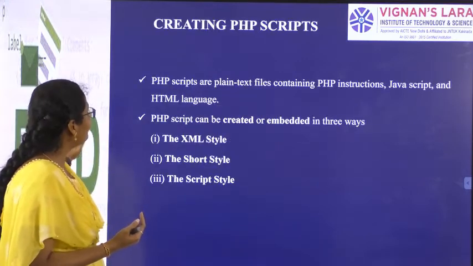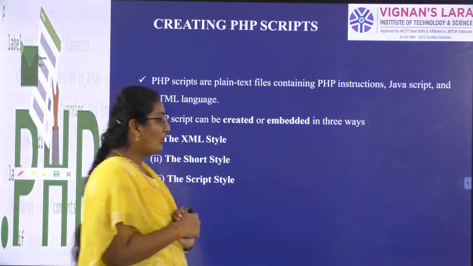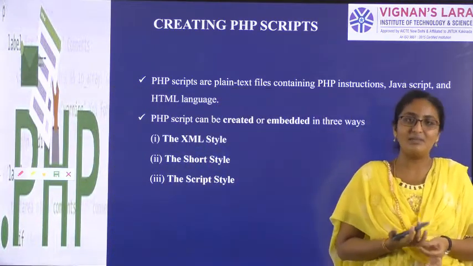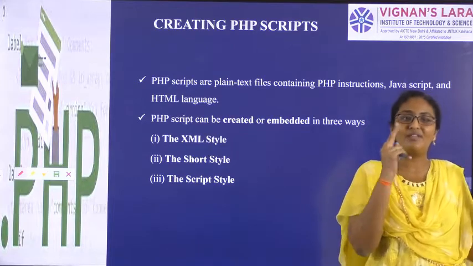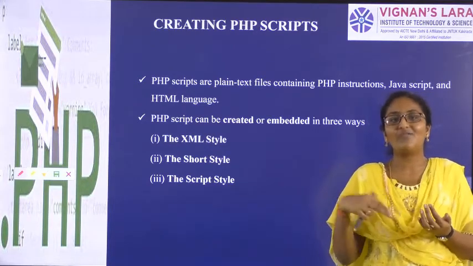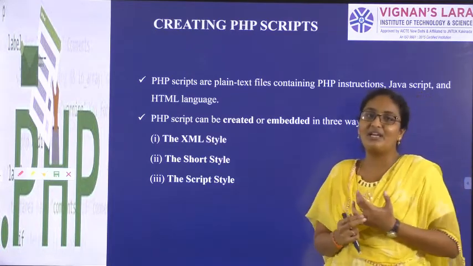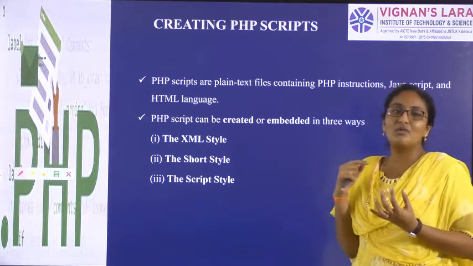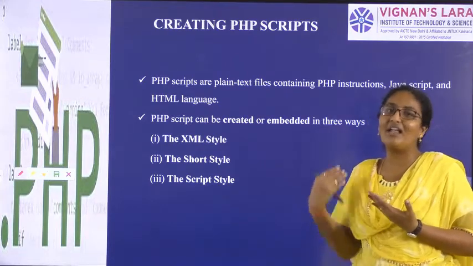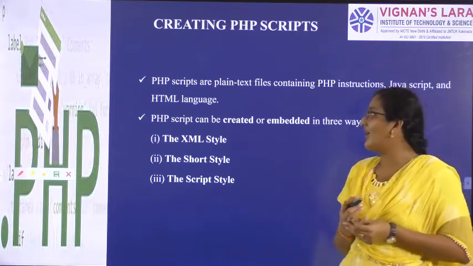So the next one, how to create a PHP script. You know how to create HTML programs. You know what is JavaScript. JavaScript is used for validating. So with HTML we are creating static web pages, and with JavaScript we are validating the static web pages. Previously, we know how to create XML documents also. Using DTD, document type definition, and document object model, we are validating that. Using some XML parsers, we are validating those XML files also.